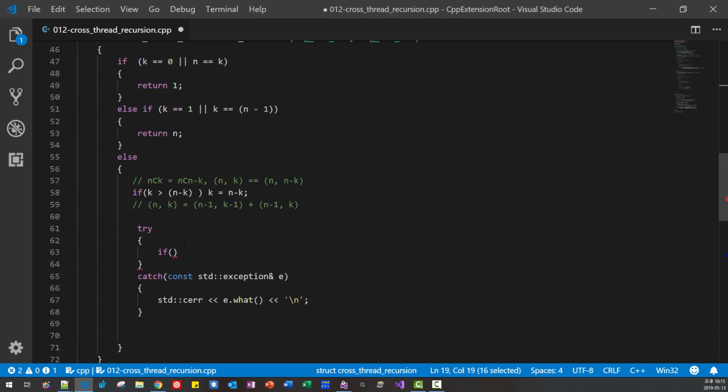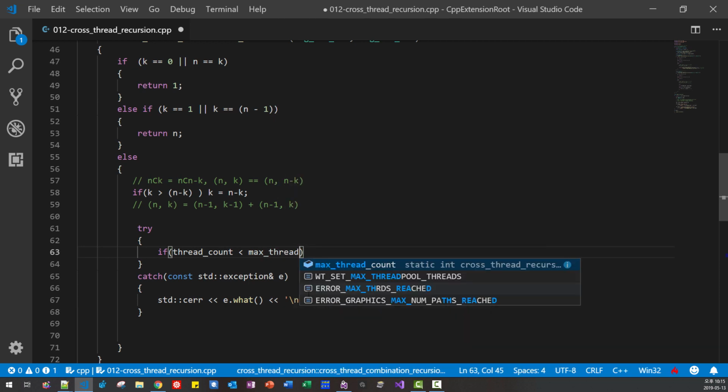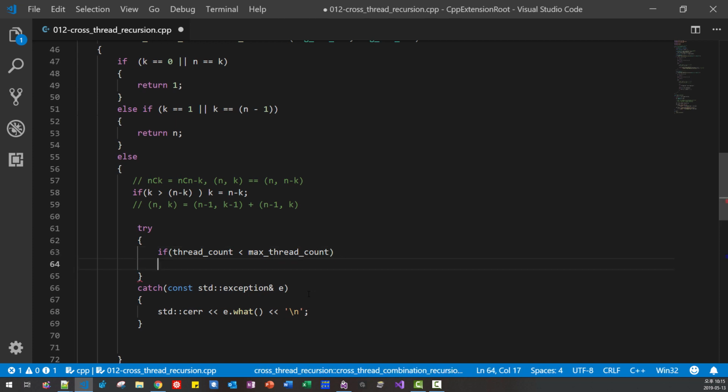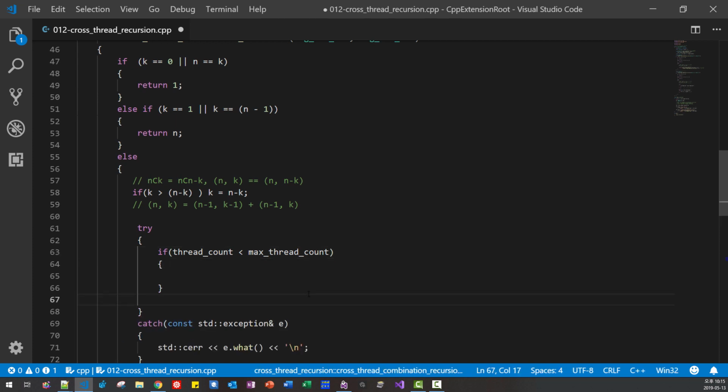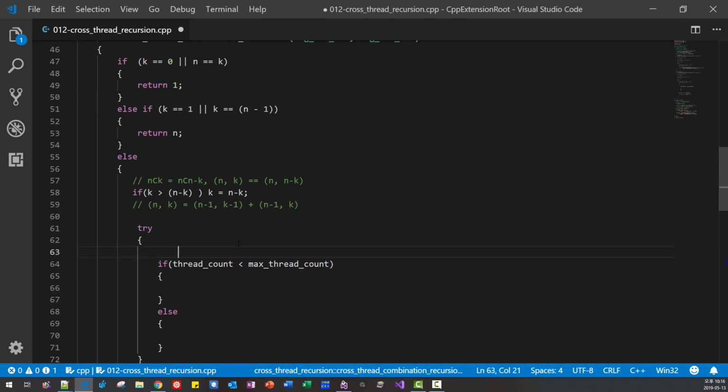Here, come down here again. If thread count is less than max thread count, else, so we want to limit the concurrent number of threads.